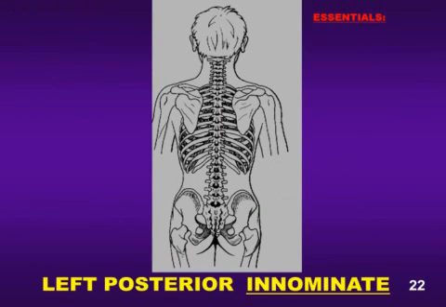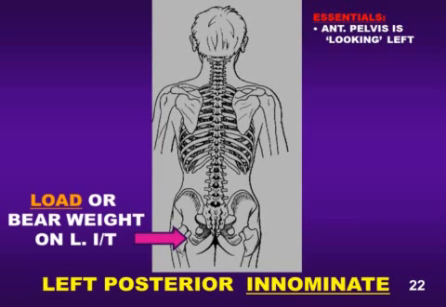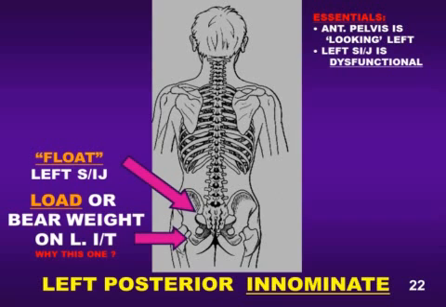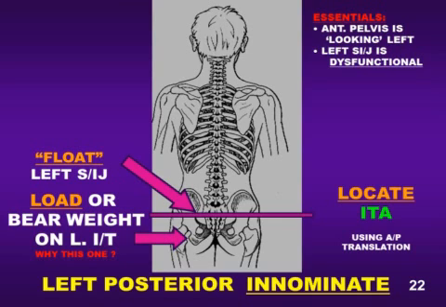Now, let's talk about left posterior innominate using the same principle. If you rotate an innominate posteriorly on the left, or the right one anterior, the anterior part of the pelvis is looking to the left. If that's the case, which ischial tuberosity are we going to want to load then? It's going to be the left because that's the one the sacrum is looking at. Which sacroiliac joint are we going to want to relax? The left one, because the left innominate is posteriorly rotated. It can't rotate anteriorly. Then we're going to translate the body forward and back to find the inferior transverse axis,